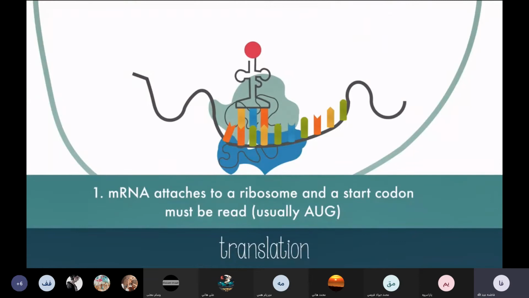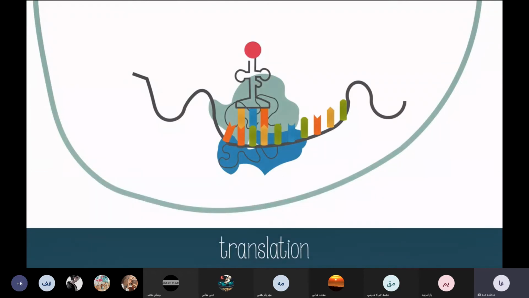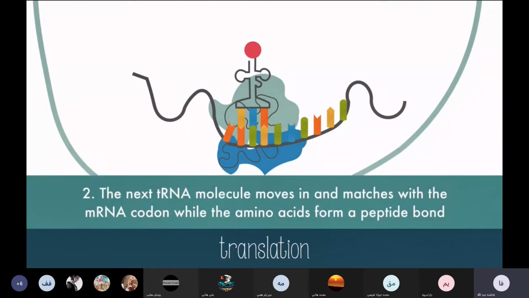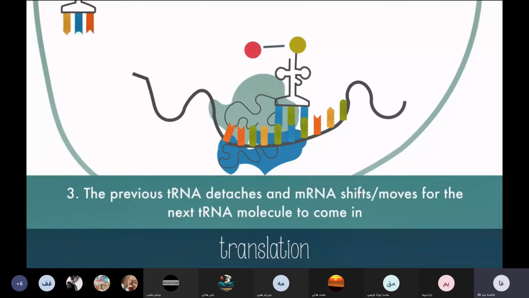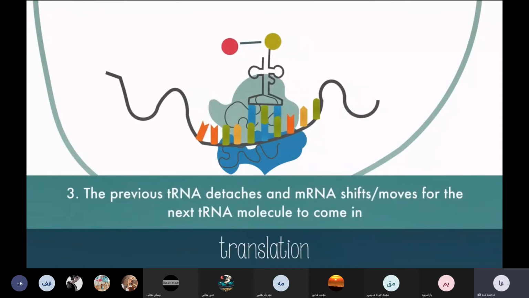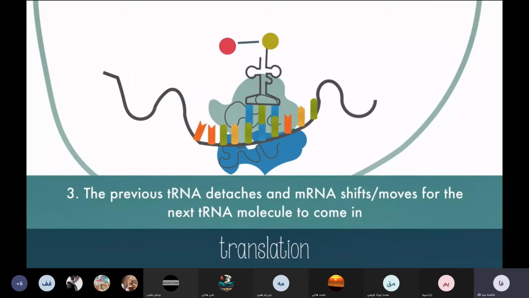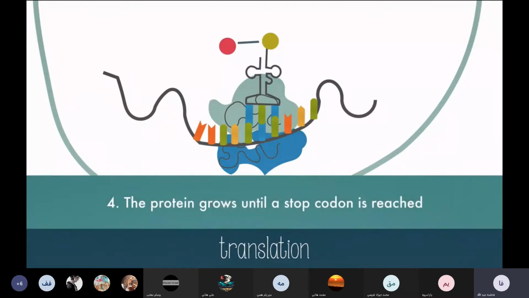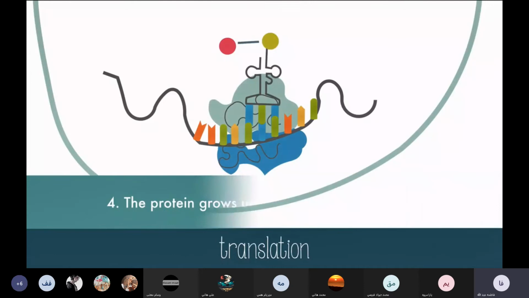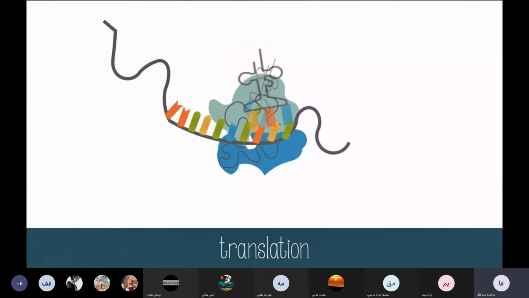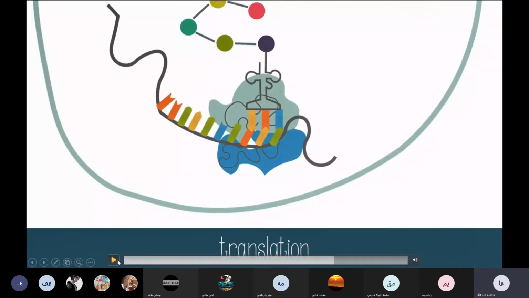The first amino acid is brought in by tRNA. The anticodon on tRNA matches up to the codon on mRNA. Then the next tRNA molecule moves in and matches up with the mRNA codon. This time, the amino acids form a peptide bond and link together. Then, the first tRNA can detach, and the mRNA shifts through like ticker tape, and the next tRNA molecule can come in. The protein grows until a stop codon is reached. Once the stop codon is